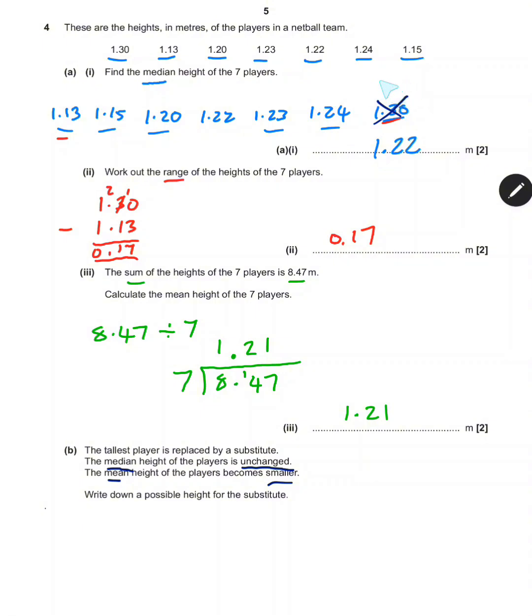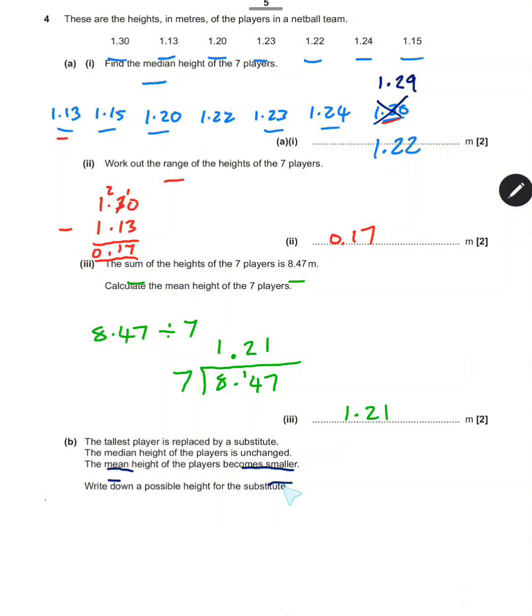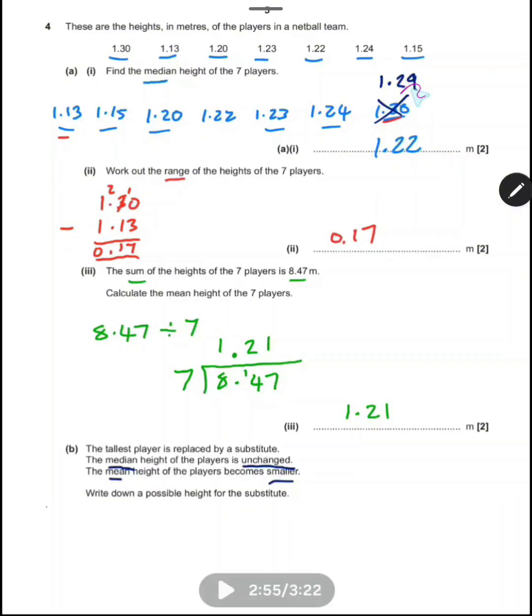So I'm just going to write that down. I'm just going to say, well, what if someone who's 1.29 comes in? Okay, having a smaller player will certainly make the mean smaller. And I can just check with this new player in place, does the median stay the same? Well, yes, because I'm just going to cross that one out instead of this one, and my middle person will